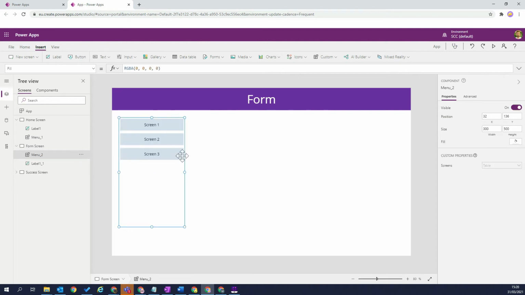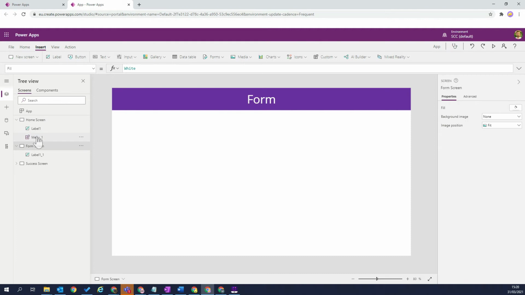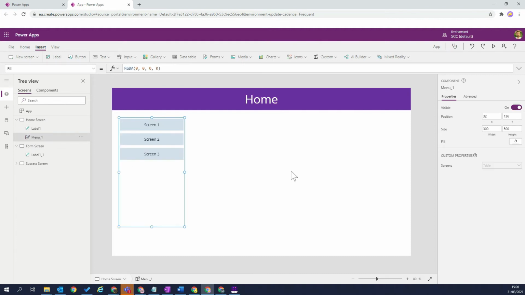Actually, I'll do that in a minute because I need to configure this. We may as well paste it after it's configured. So right now, whenever I add it, you can see it comes in to the screen with the default values that we set when we built the component. Of course, I need this to show home, form, and success, not screen 1, screen 2, screen 3. So I need to basically pass something better into there to reflect the actual reality of my app as it